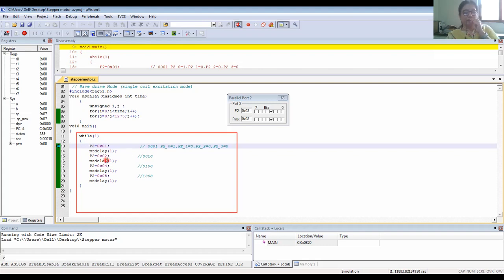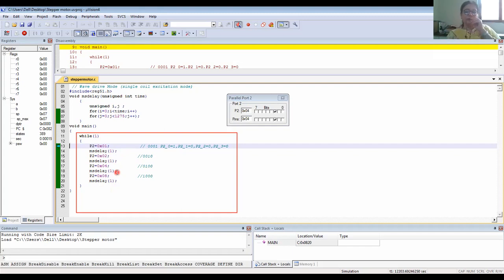Then we have called a delay. Now this is one stable position of the rotor. The rotor will stay in that position as long as the delay program is executed. Then the microcontroller comes back to the main program and the port sends the second bit pattern for the corresponding rotor position. Again the delay is called and this process is repeated. This while loop will be executed as long as we want to rotate the stepper motor in a particular direction.